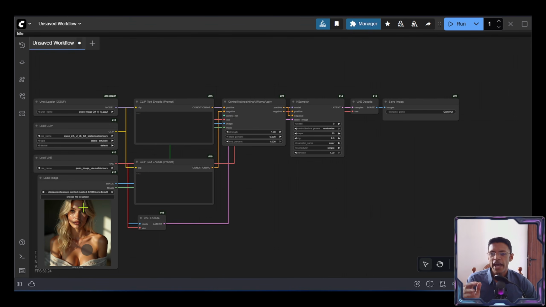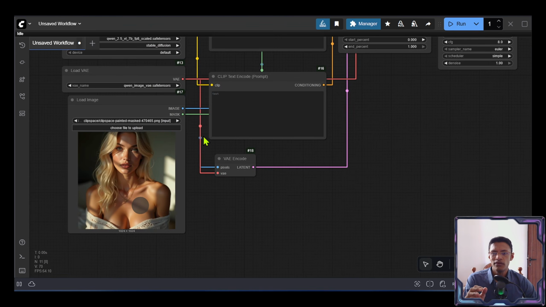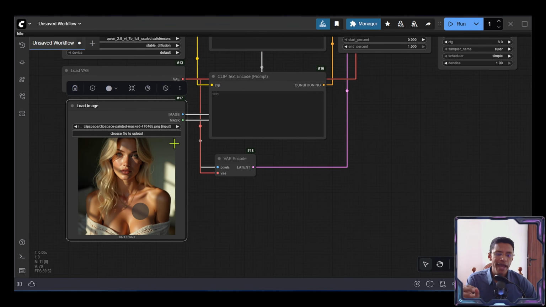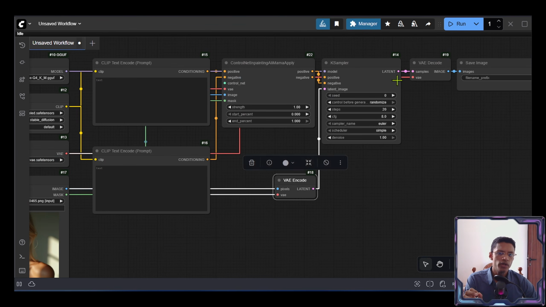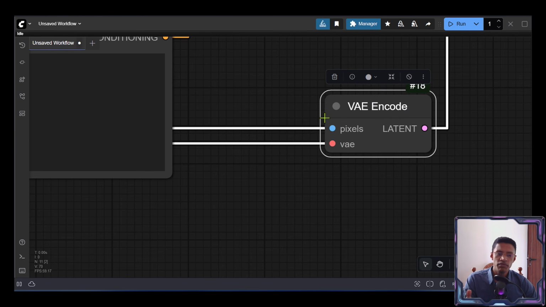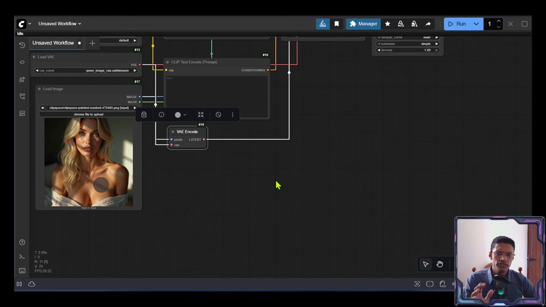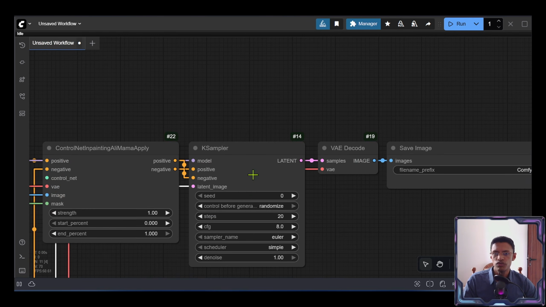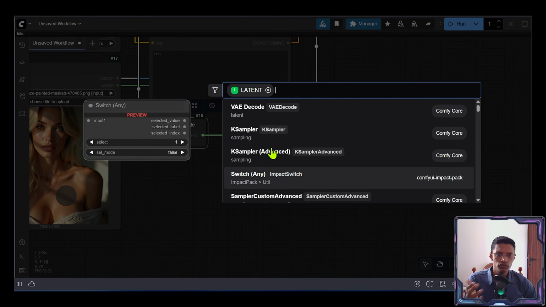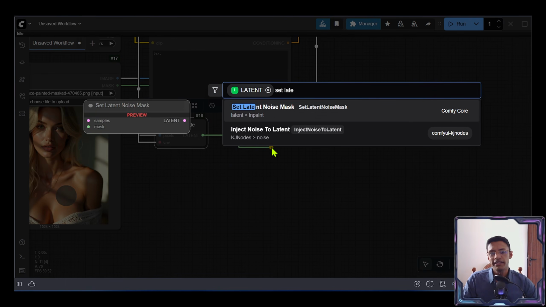Now, even though we've added the mask, the K-sampler will actually regenerate the entire image. That is because we are passing the entire image to our K-sampler here. So we can see that the image node goes into this VAE encode, but there's no option for masking in here. We'll need to modify our workflow slightly to add this masking information and then pass it over to our K-sampler. To do this, we'll take the latent output from VAE encode, drag out, and select a set latent noise